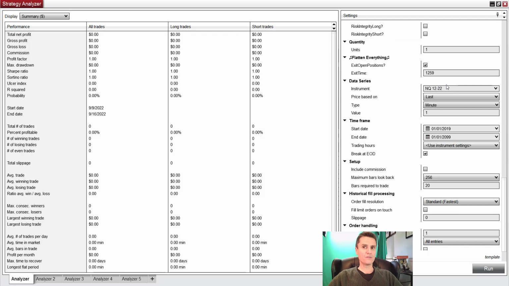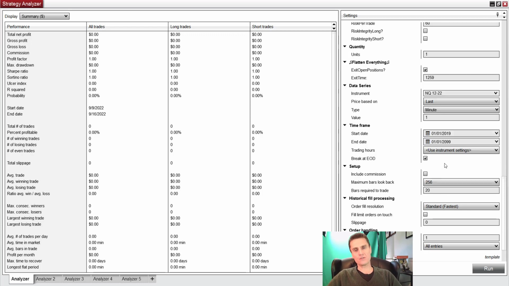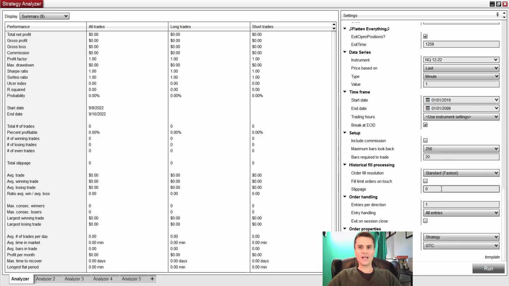I've got NQ loaded. Why NQ? Because NQ is the most volatile index in my view, and there are nice swings in NQ. There are others, of course, that you can use, but in my opinion, that's a good one to backtest because of the volatility. And of course, we have to add slippage. Typically for NQ, 2 ticks is enough slippage in my opinion, but I'm going to put 3 just to be